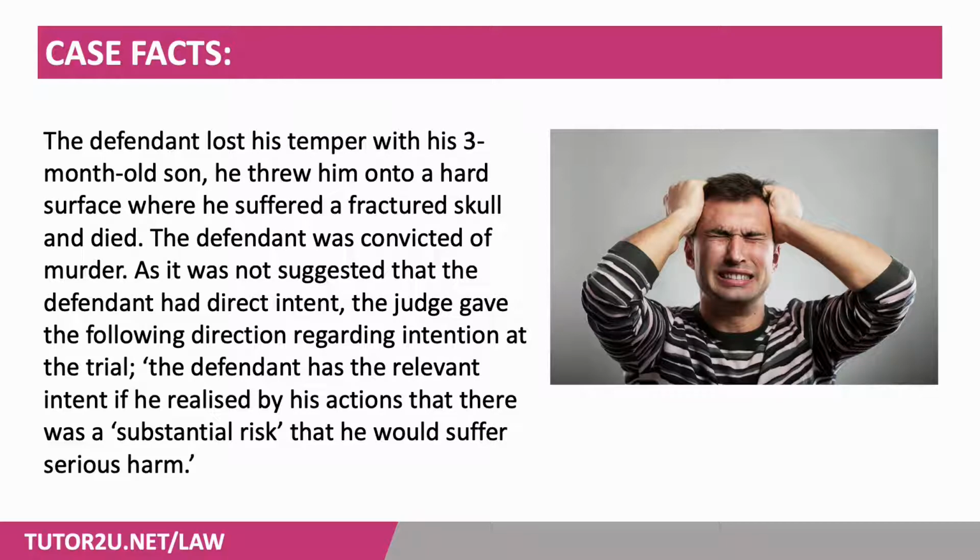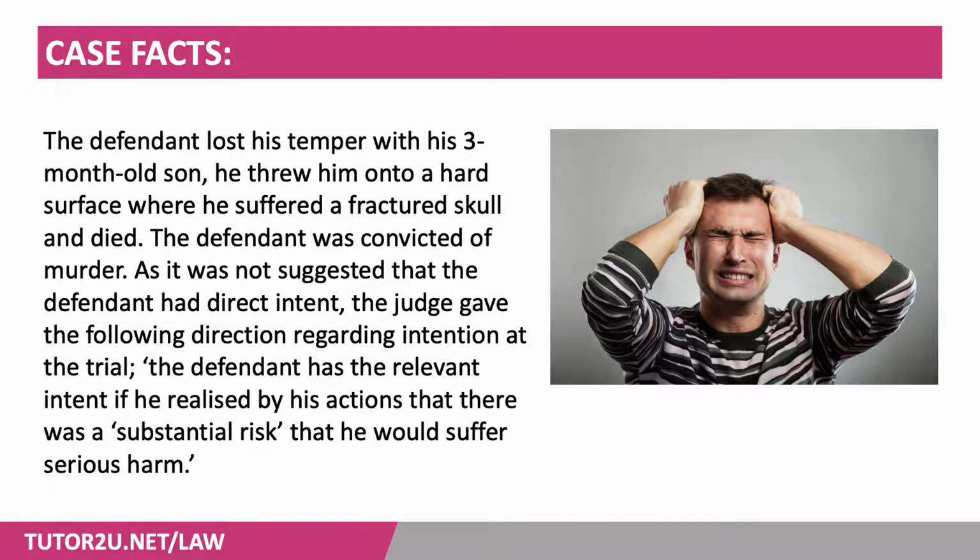At the trial, the judge gave the direction of intention that the defendant has the relevant intent if he realised by his actions that there was a substantial risk that he would suffer serious harm. The defendant then appealed to the Court of Appeal upon the basis of this direction, claiming that use of the term substantial risk was an error and that there should not have been guidance given to the jury. The Court of Appeal dismissed his appeal, so a further appeal was made to the